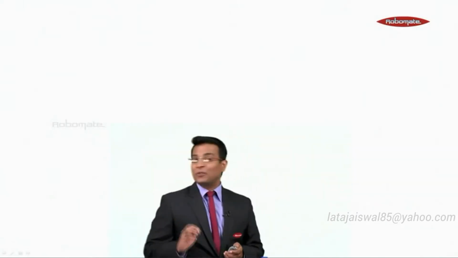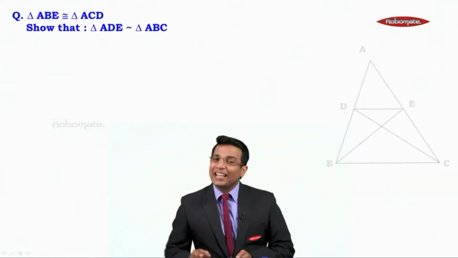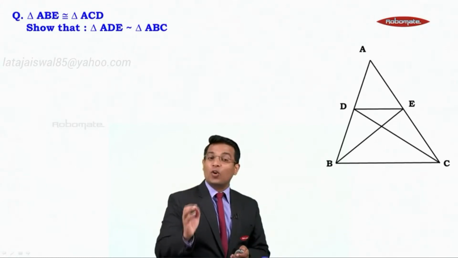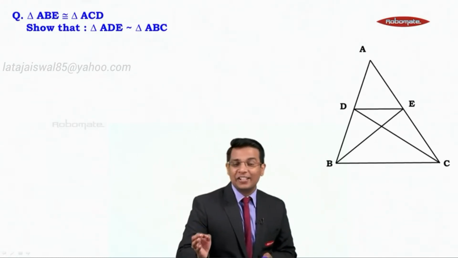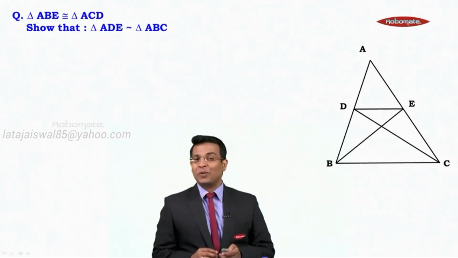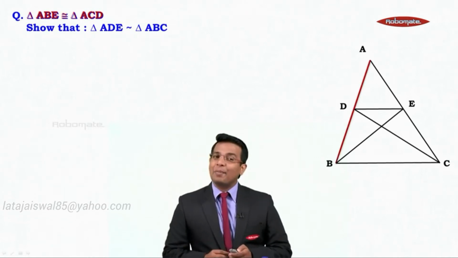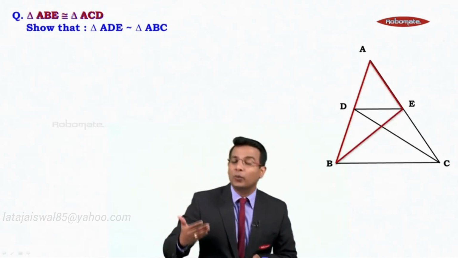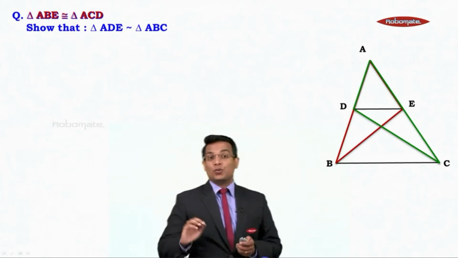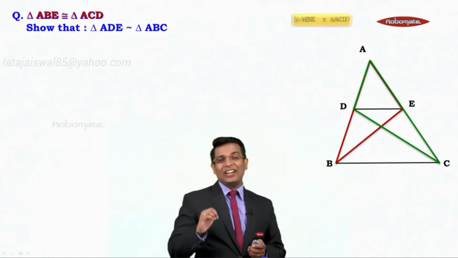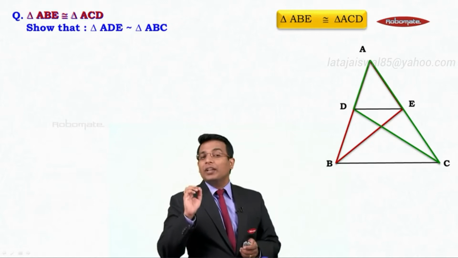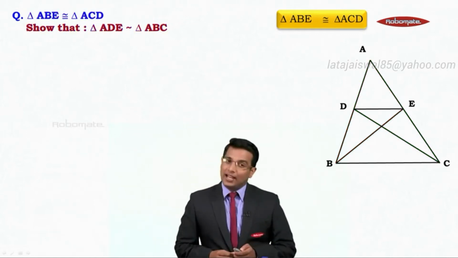Very important sum, and this is going to be very interesting. Let's see the sum. It says triangle ABE is congruent to triangle ACD. In the figure, we have two triangles given to be congruent: triangle ABE, which I have highlighted there, and the other one is triangle ACD. These two triangles are congruent, and we need to show that triangle ADE,